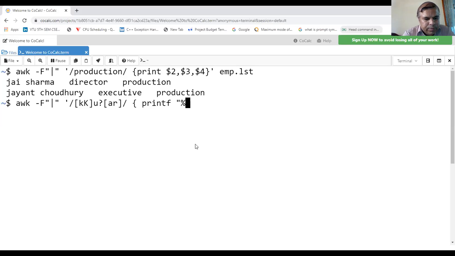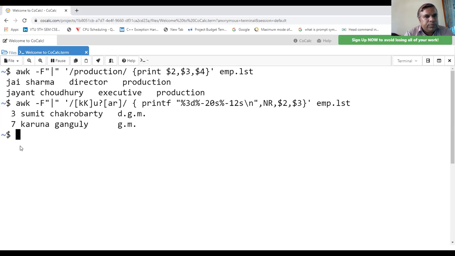So %3d, then %-20s, then %-12s, then a new line, and then the variables NR, then the parameters $2 and $3. Enclose it in quotes, and the file name is emp.lst.